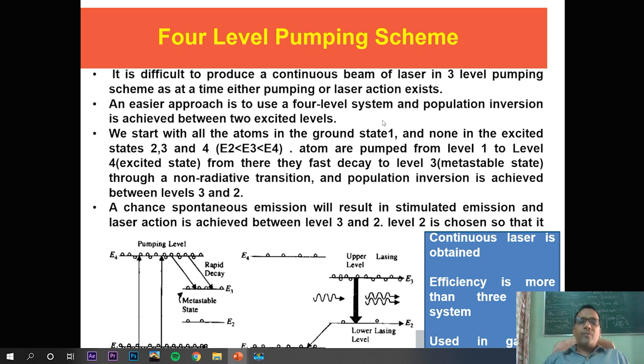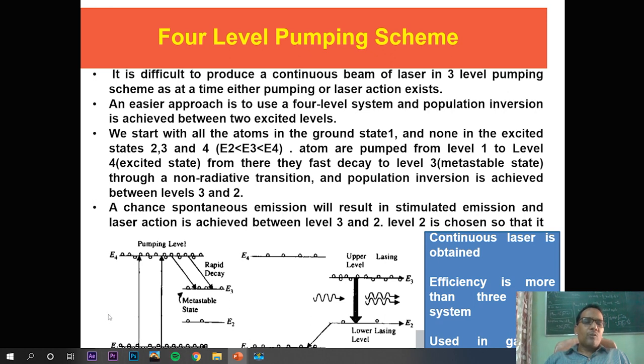The limitations of three level systems have been overcome using four level pumping schemes. Here, in place of three levels, we have four levels. This is the ground state E1, this is E2, this is E3, and this is E4. E2 and E3 are the meta-stable levels. So the atoms of the ground state